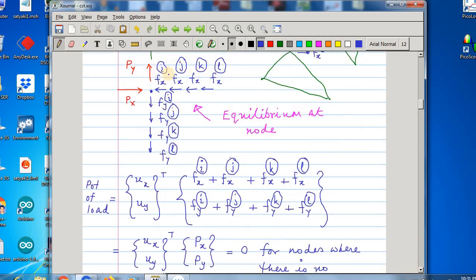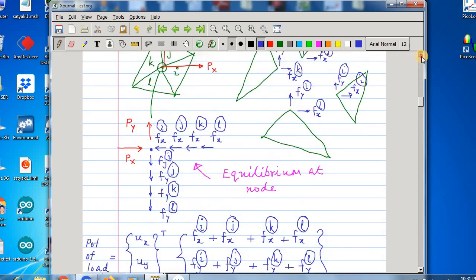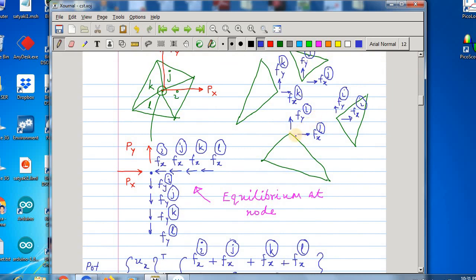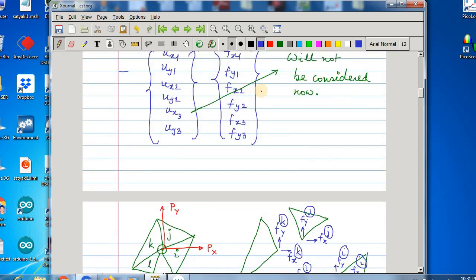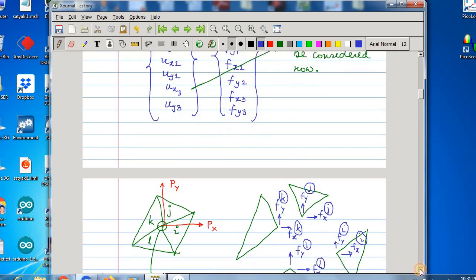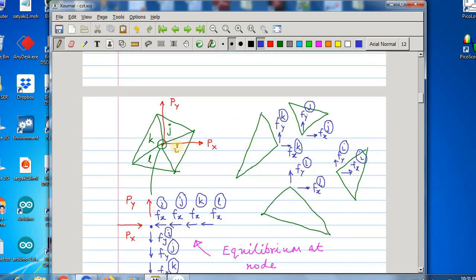So this is the equilibrium diagram. Now if the displacement here is ux and uy, then the potential of load due to all these forces at this node is this. So if you consider this term, and assemble over all elements,